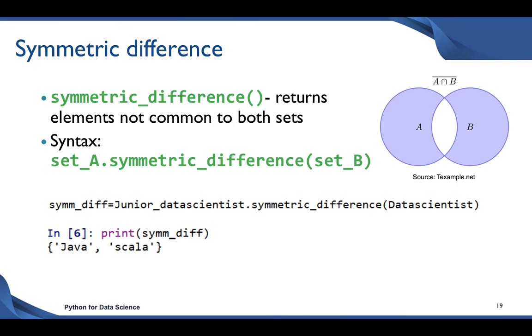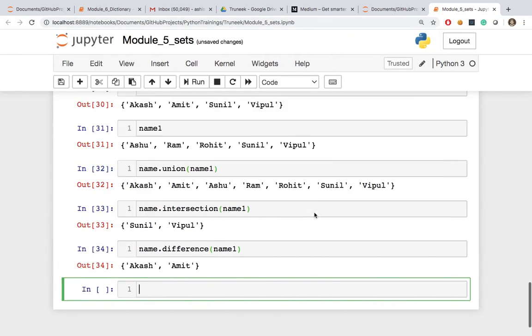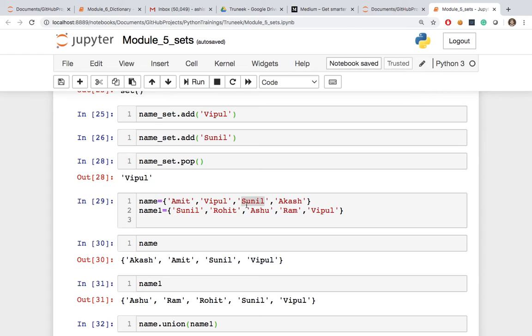Then we have this symmetric difference. We need those elements which are not common to both the sets, right? In this case we want all the elements, but we only need those elements which are not present in both the sets. Okay, so here